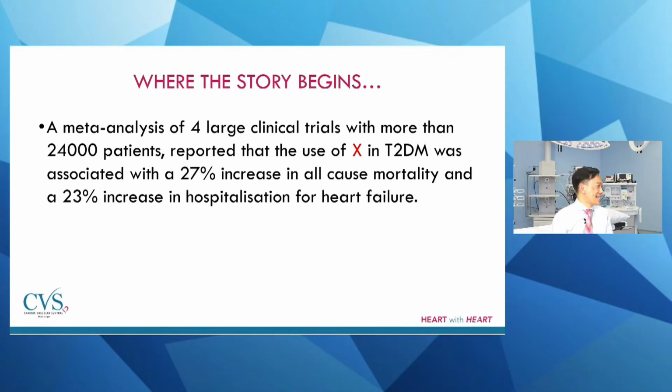Unfortunately, X is insulin. So we cannot abandon insulin at this point. This is just food for thought, food for discussion. It's just time at this juncture in 2021 that we really have to have a huge rethink about how we approach